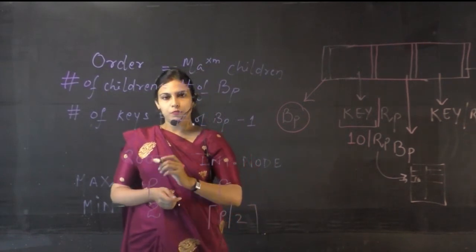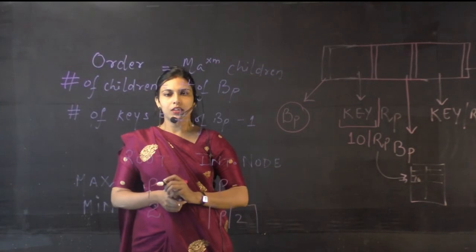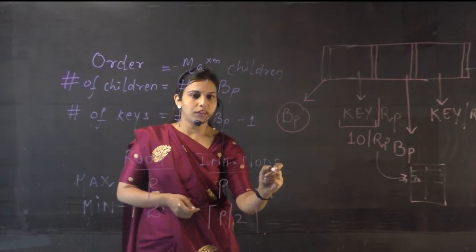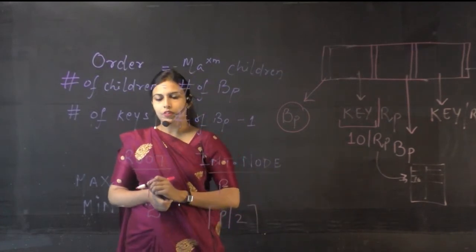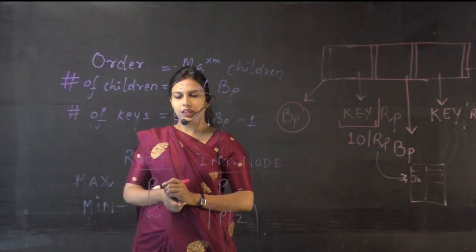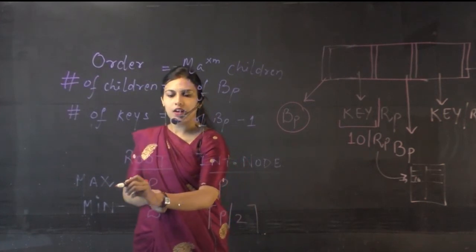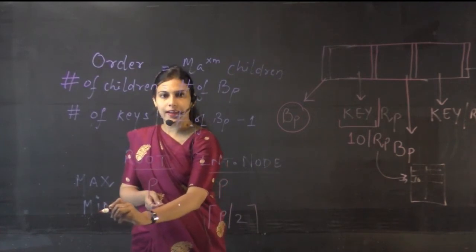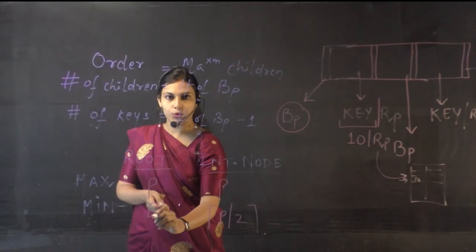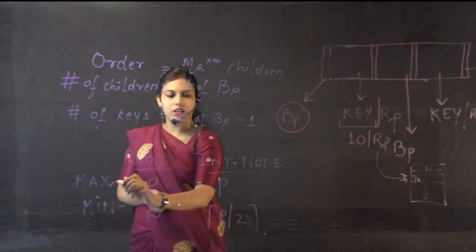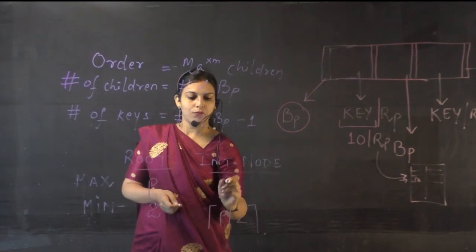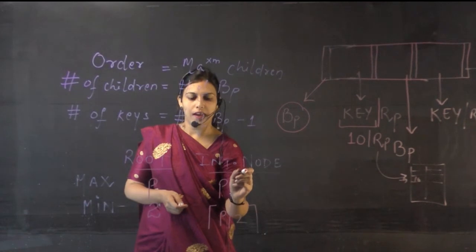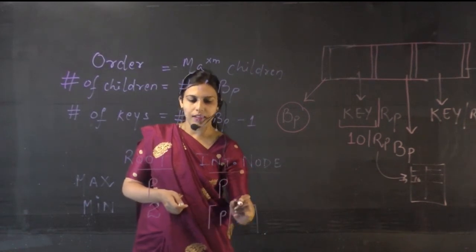Now if you have a B tree with the order p, then the number of children for the root node and the intermediate node can be known by this small table. If the order of the balanced tree is p, then the maximum number of children a root node can have is p. The minimum number of children any root node can have is 2. The maximum number of children any intermediate node can have is p, and the minimum number of children any intermediate node can have is p by 2 ceiling value.